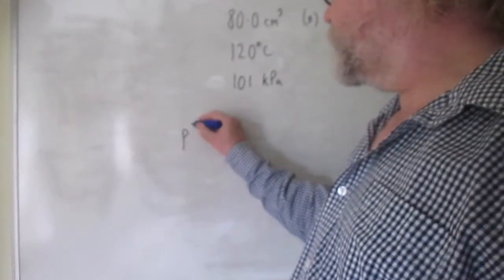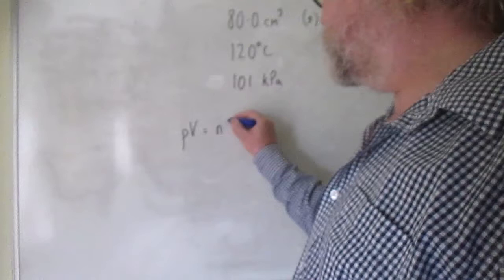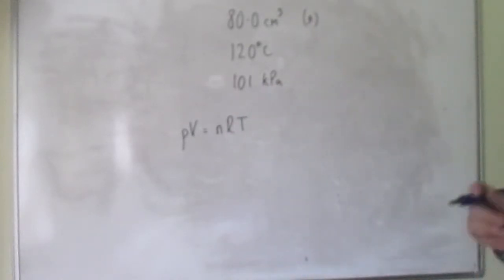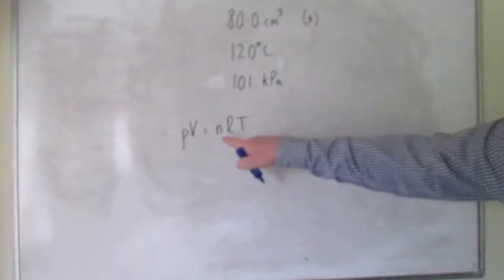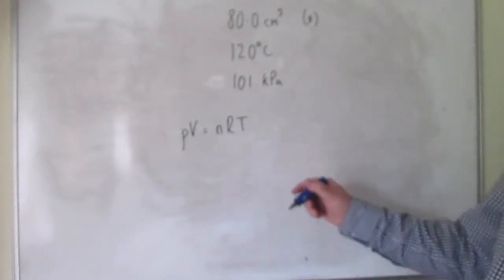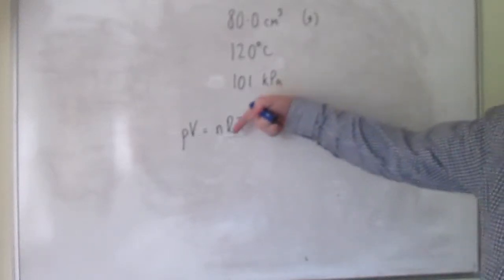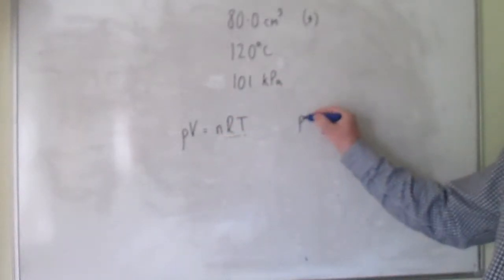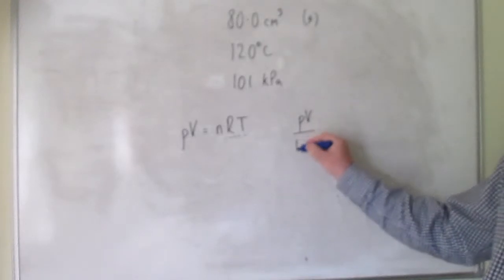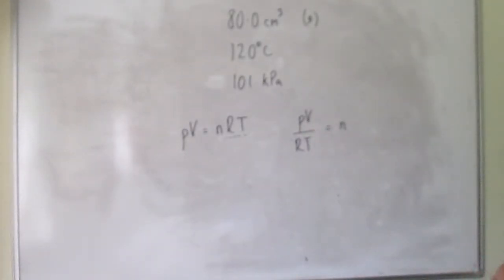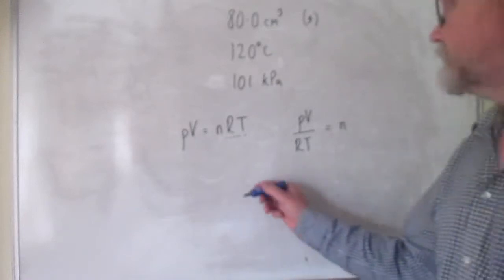So PV equals nRT is the ideal gas equation, and what we have to do now is to rearrange that to find n. That's done easily because we've got to move these two terms over to the other side, and remember they just slide diagonally across. So we get PV divided by RT is equal to n. Then we just need the numbers to plug in and calculate that. So P is the pressure in pascals. So we have